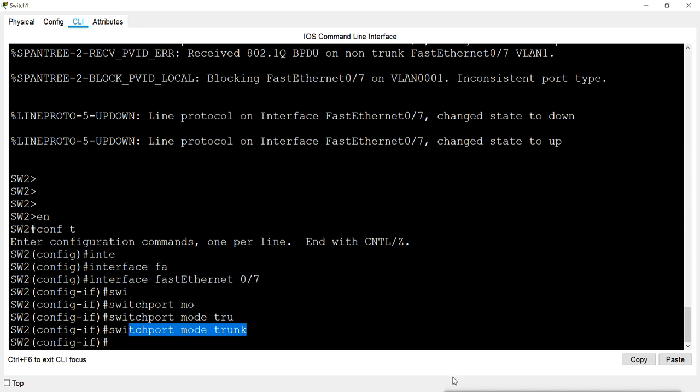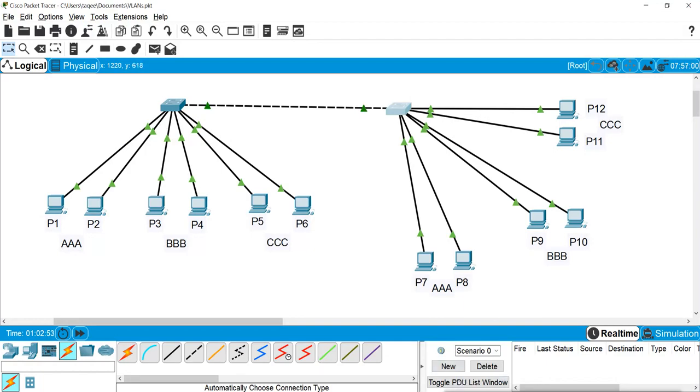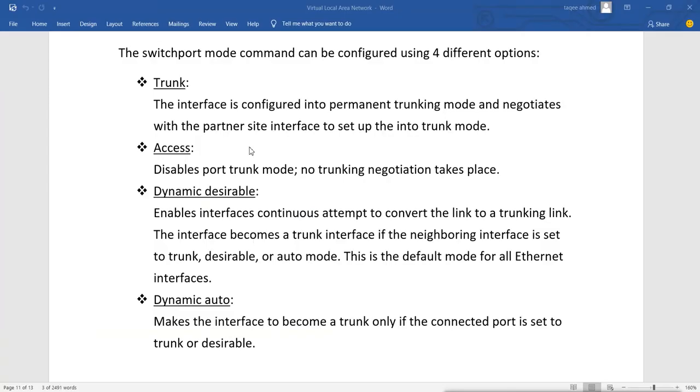So there are different states of the port we have. We have 4. So when we configure the trunk, we have 4 options to choose from. First is trunk. Trunk means the interface is configured into permanently trunking mode and negotiates with the partner interface to set up the trunk mode.